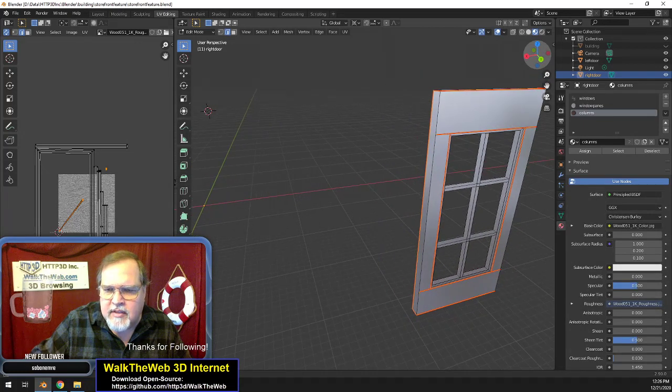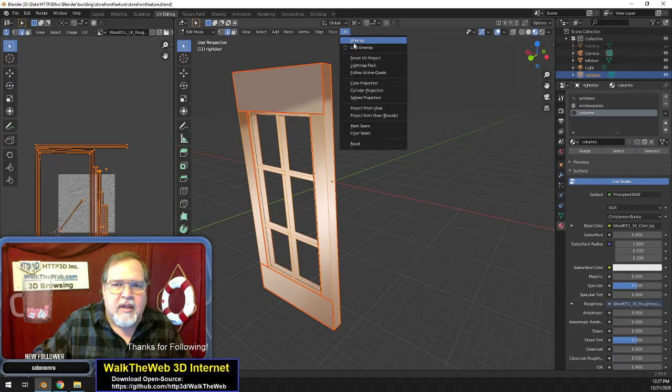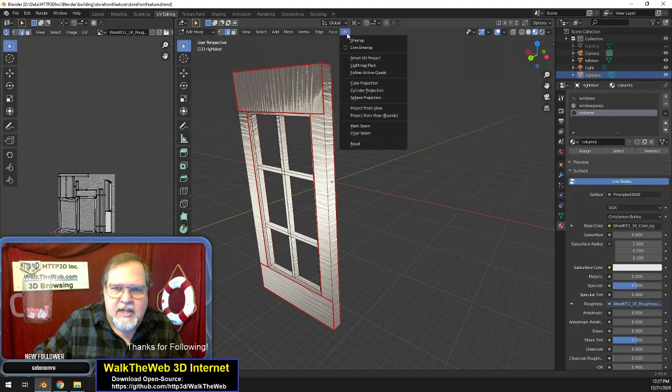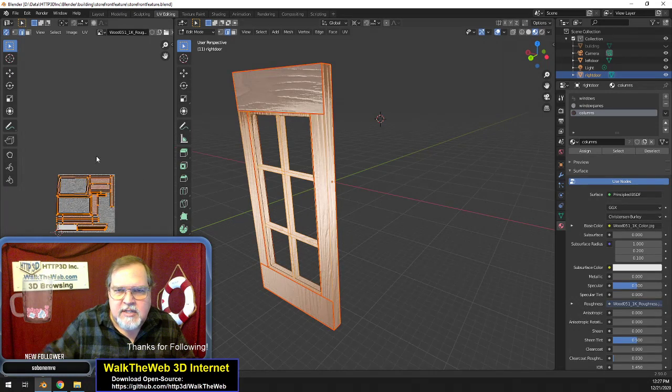Well, since I did that part and then did this part separately, I got a choice. I can either make this piece separate, which I think I will do, because it's not going to connect all the way through those other pieces. So we'll make those seams, and we'll mark them a seam. Now when I highlight everything on columns, select for this, UV unwrap, now you're starting to see, okay, and what I'll do is I'll rotate that 90 degrees. Now we get